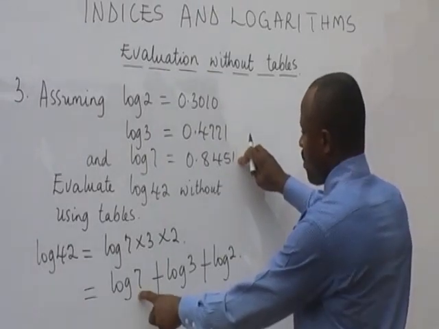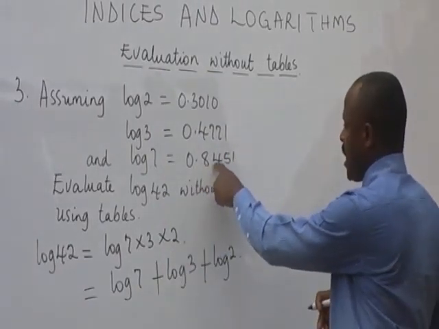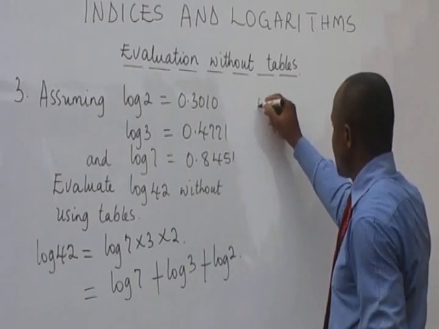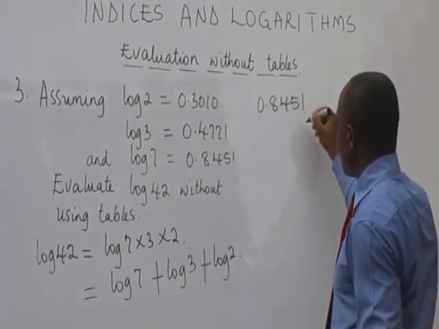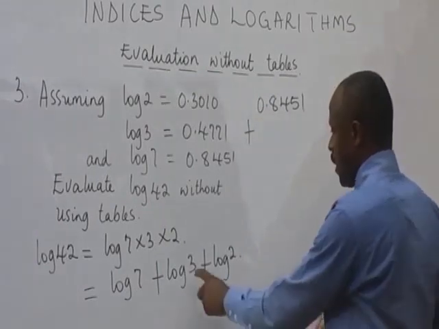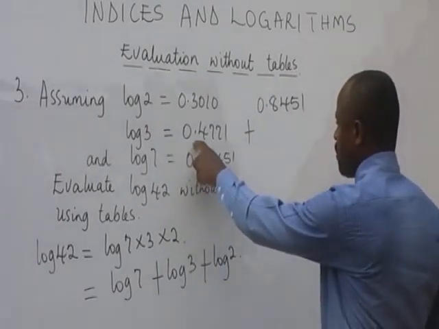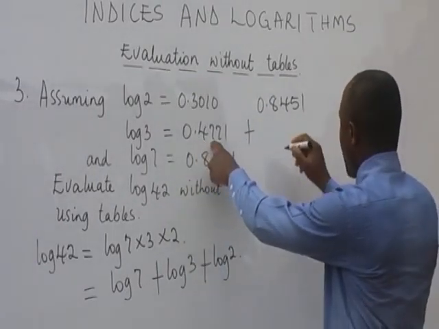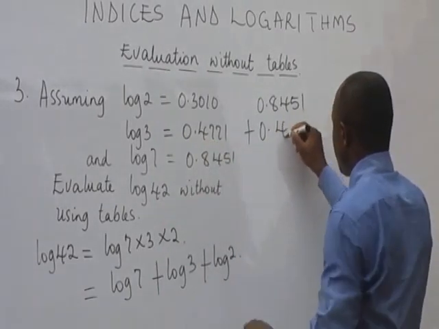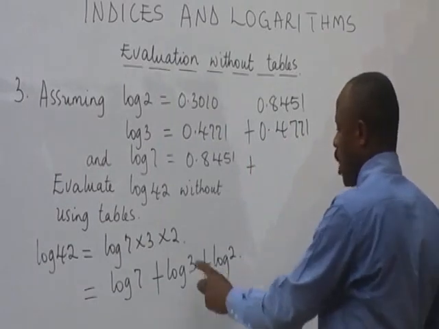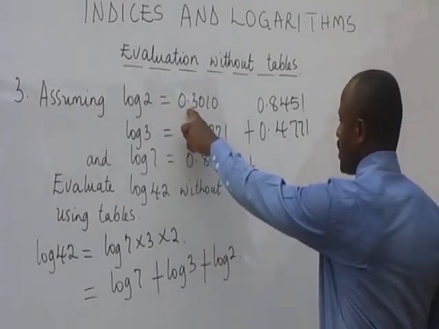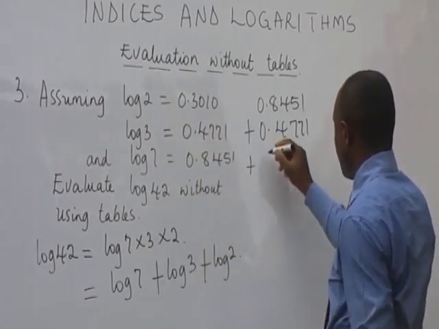Log of 7 was given to be 0.8451. So write 0.8451 plus log of 3 has been given to be 0.4771. We have 0.4771 plus log of 2 has been given to be 0.3010. So we have